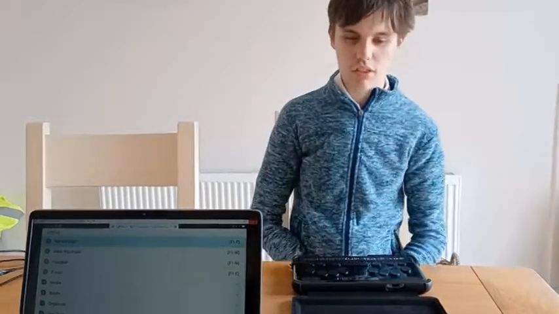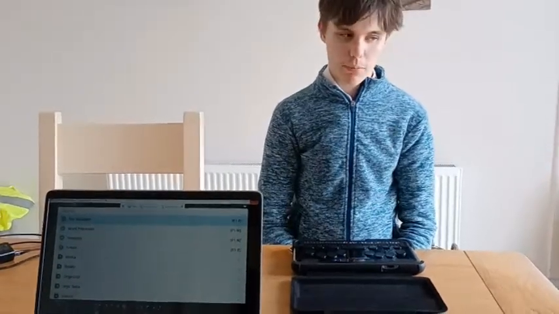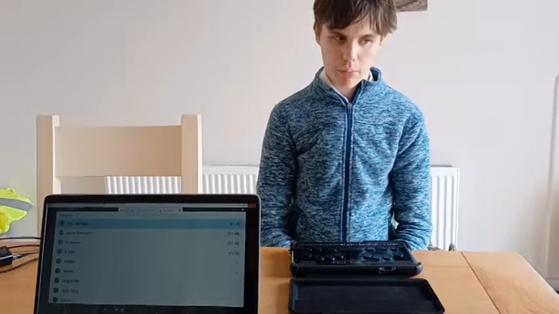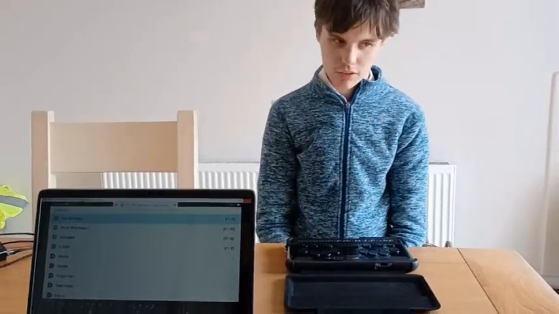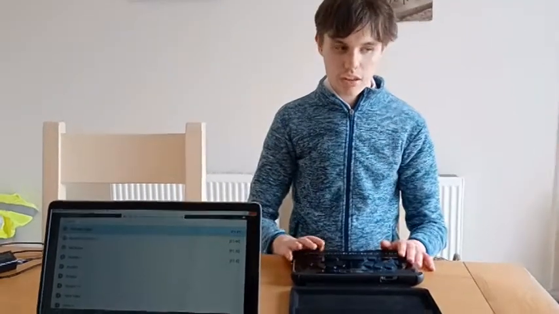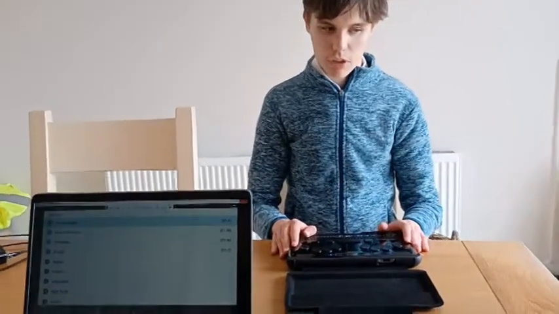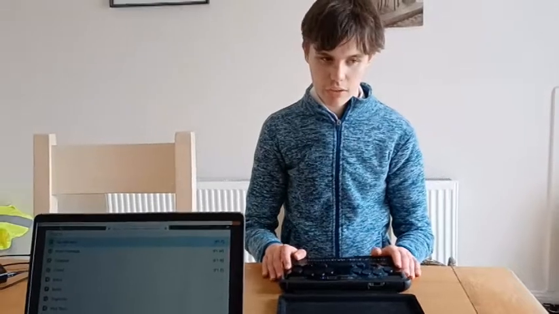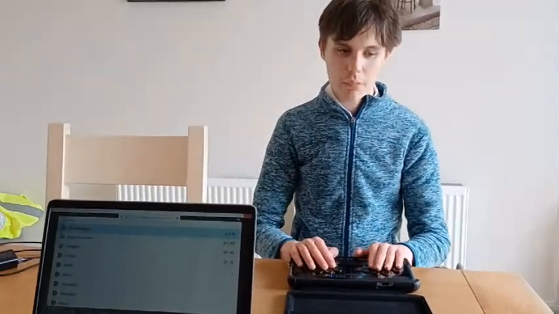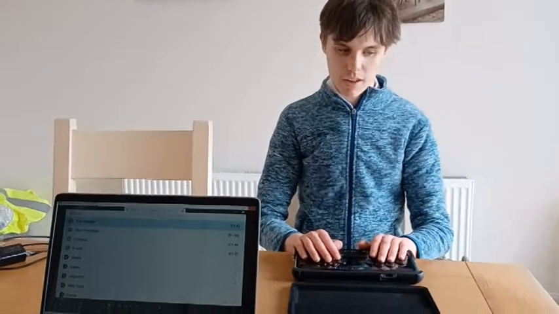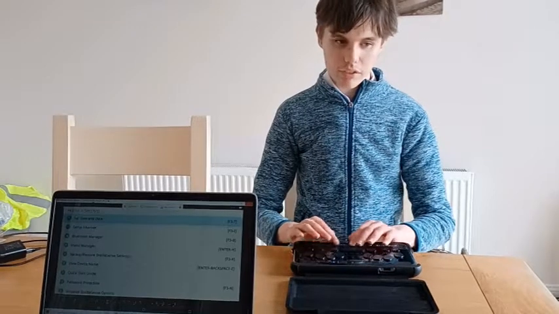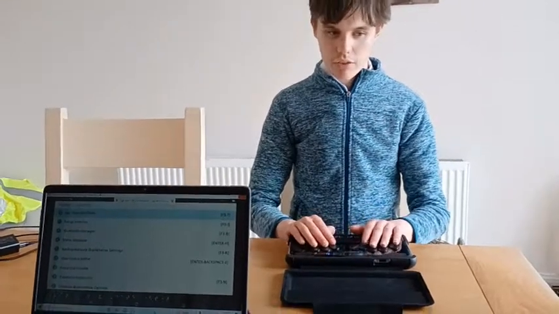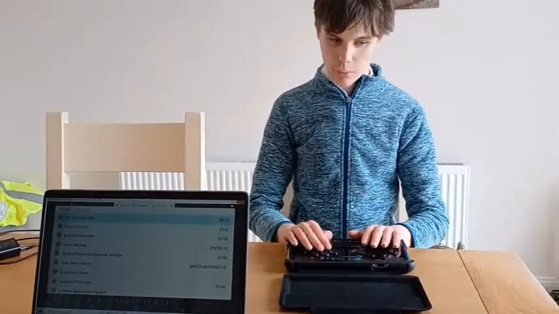File manager F. Now I've shown you how to change your voice from French and back to English. Now I'll show you how to set up language profiles, which are a really quick and easy way to switch languages. I'm in the main menu and I will press S for settings. Set time and date T. And you can scroll down to language profiles, but I will just press L for